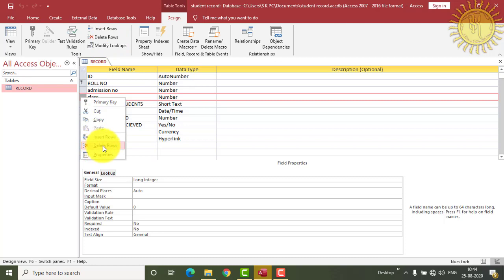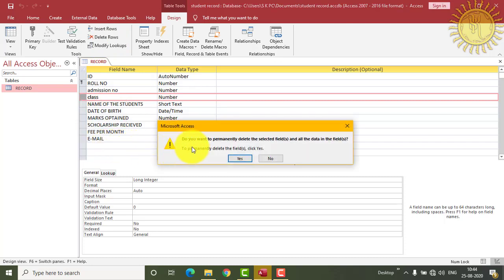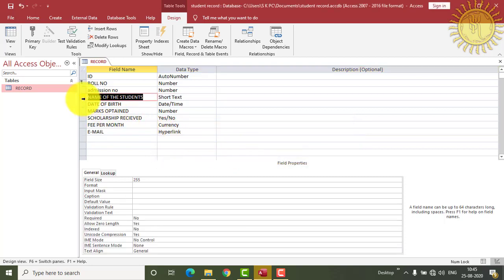So we will click here to delete the rows and it is asking for the permission that do you want to permanently delete the selected fields and all the data in the fields. So to delete the permanent, click on yes. So we will click on yes and you can see here the class field has been deleted. So now again go to the design view,